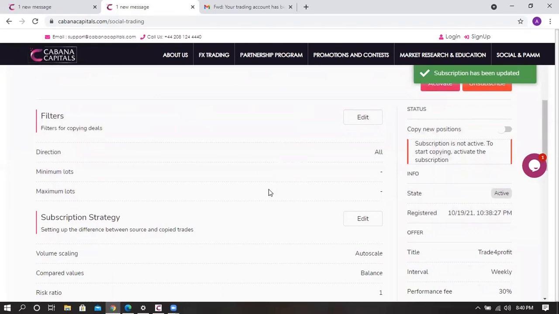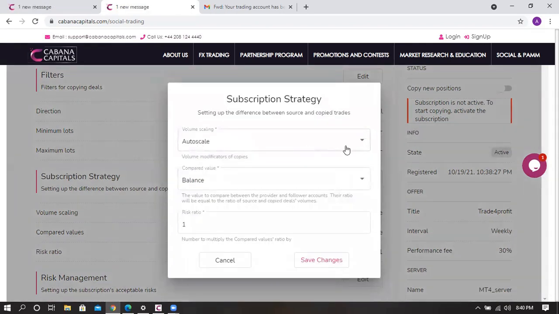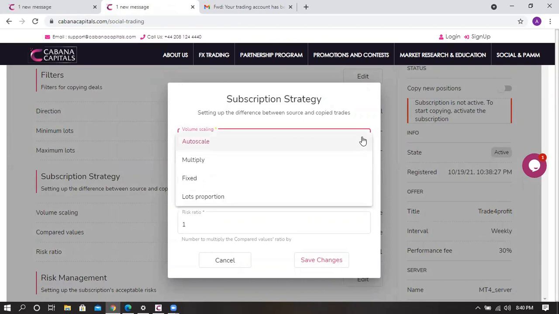Then next, subscription strategy. You edit. Auto scale. Now, what you would use is what? Fixed lot size. What lot size do you want to apply on your account? For example, if you are trading with $100 US, the maximum lot size you should use on a $100 account is fixed. So you click on fixed,